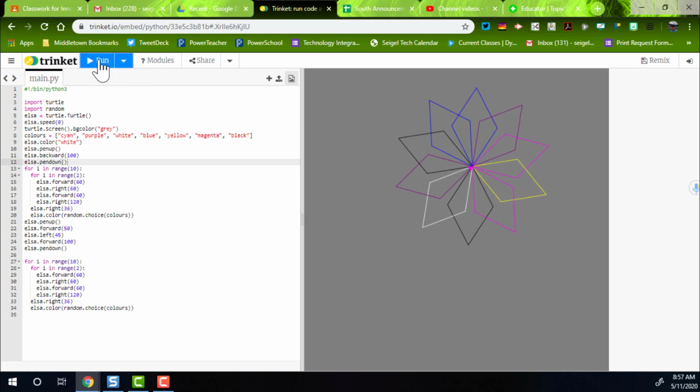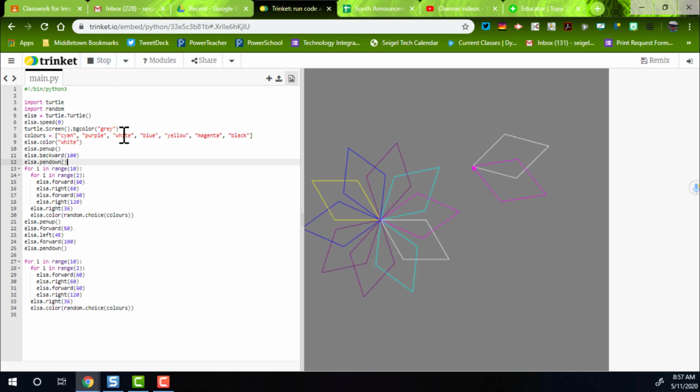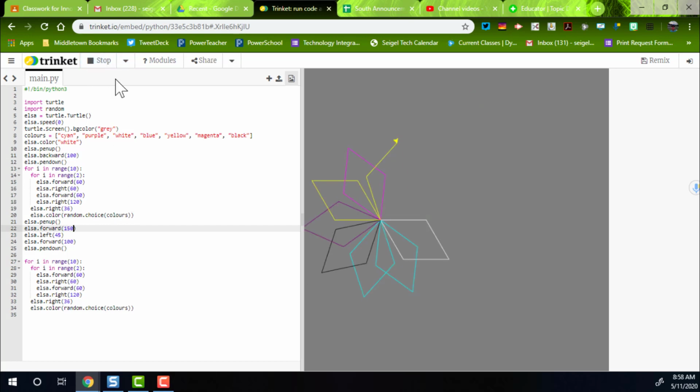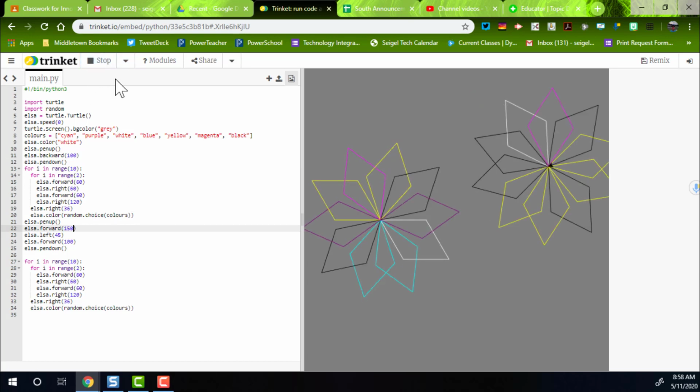Let's try that again. There's snowflake number 1. Here's snowflake number 2. Now I have more space to work with. Here's snowflake number 1. Here's snowflake number 2. Okay, so for your first assignment, I want you to create a scene that has multiple snowflakes of